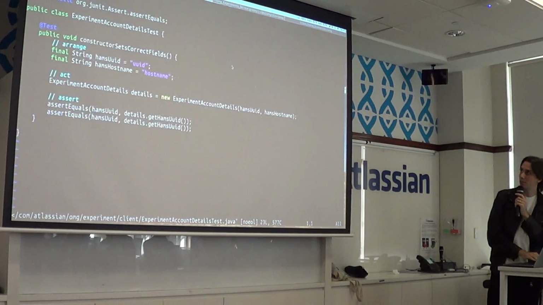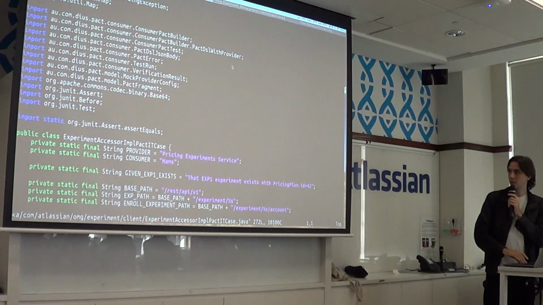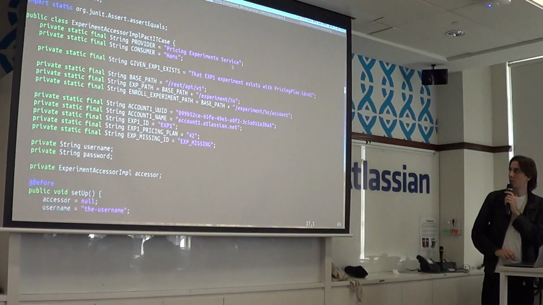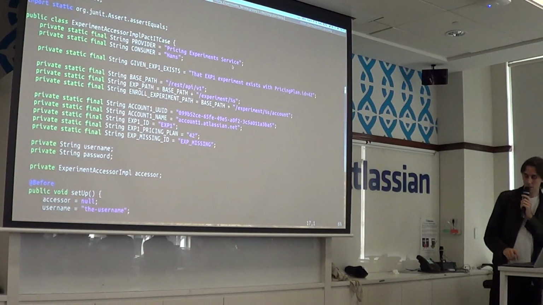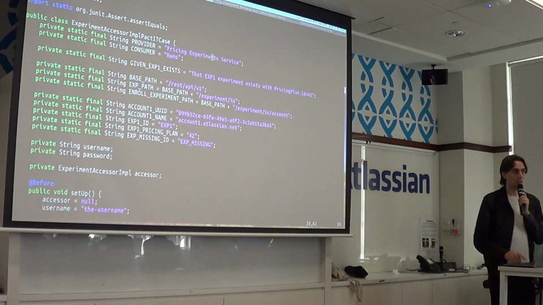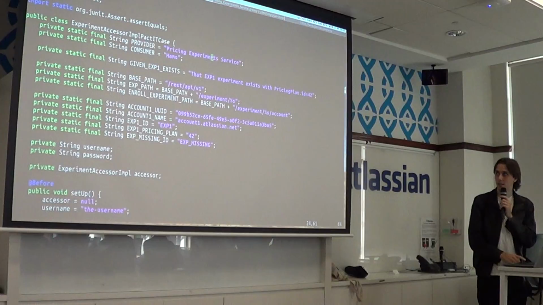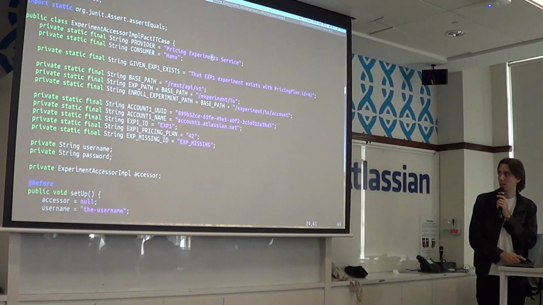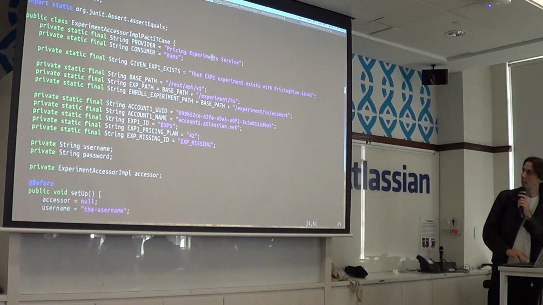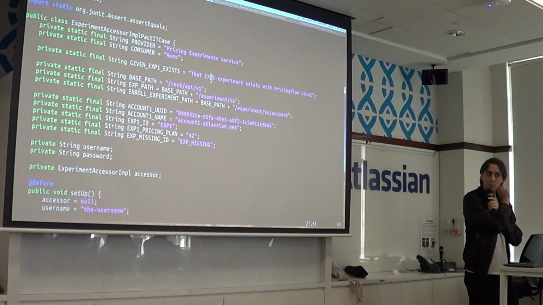And then we have this pact test case. We've got a bunch of constants at the top here. Here we've defined the provider and the consumer and the provider name. These are the same names that you saw showing up in the pact broker, and these end up in the pact JSON file at the end of the day as well. We only have one state because it's a fairly simple interaction, but you can